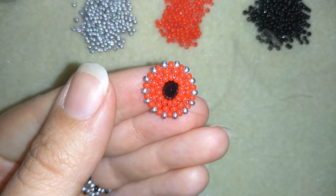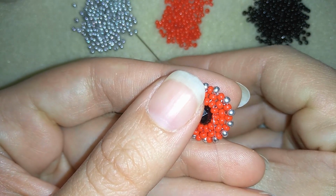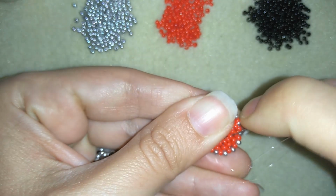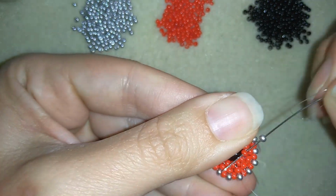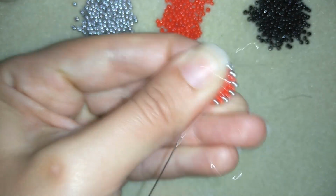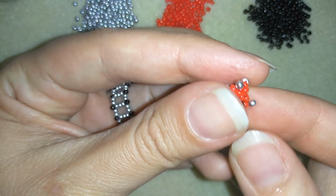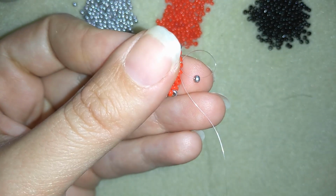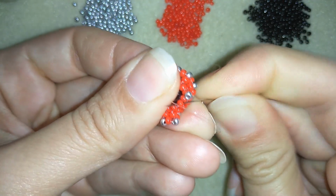Okay, like that. Okay guys, and now as I'm here, I'm going to take 1 silver bead and I will go back in circle through this bead here, and it will be a little bit difficult because here I have a knot, but you could use your pliers if it's difficult. Okay, and I'm going like that here, and here you see I have something like a loop between my beads, you see, and I pull, and then I go in my next seed bead here,